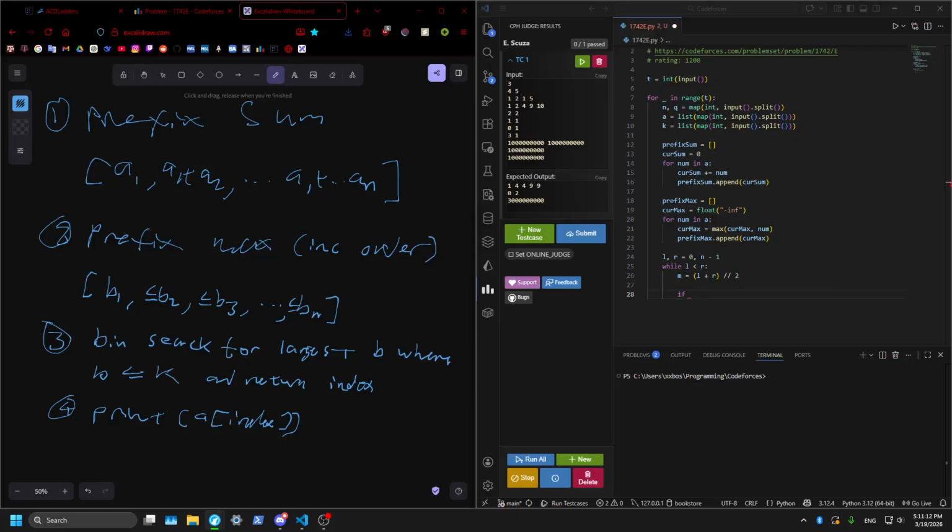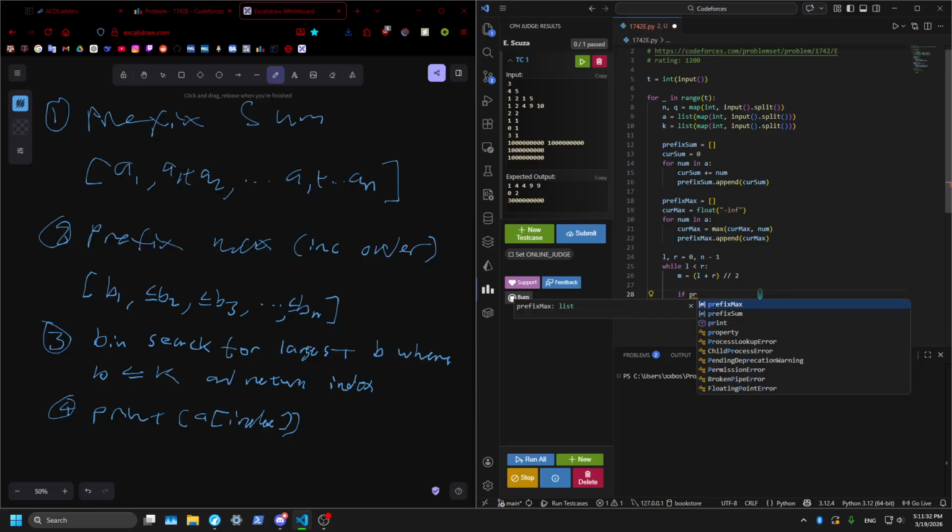Left, right. If left is right, our target is K. Left, right, if our array is prefix max, mid is less than or equal to K,